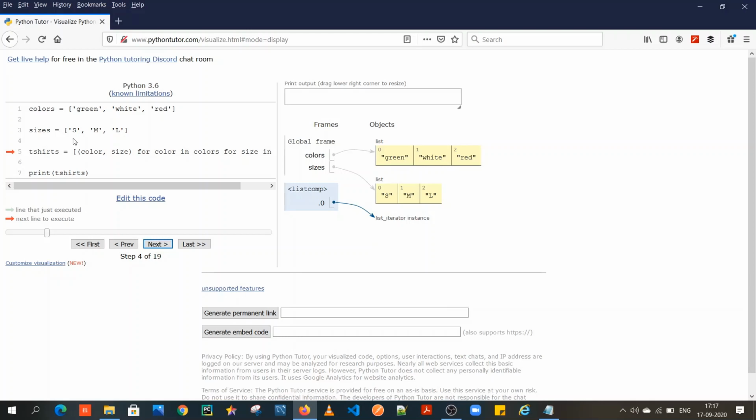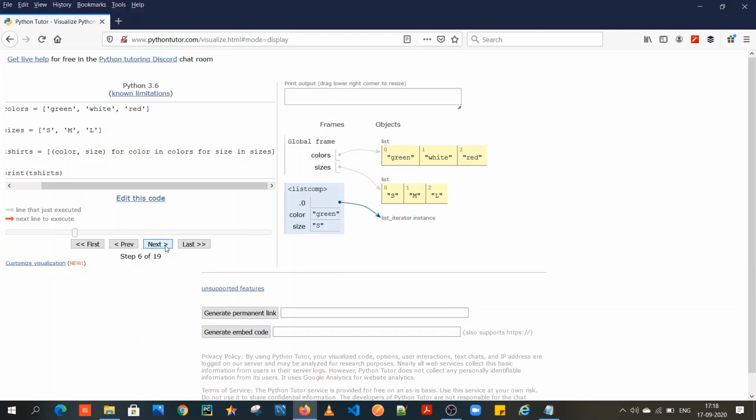If you think of a practical use case, you could think of Myntra or Amazon, or whatever your online clothes shopping apps are, and that could be a database for this, a simple database, but it still could serve as a database for this. And if there are lakhs and lakhs of records and colors, this would be your list comprehension. You wouldn't write hundreds of for loops, but this would suffice. So as I said, to the normal eye, this list comprehension doesn't make sense, but let our friend Python Tutor help us with this, and I'm going to click on next.